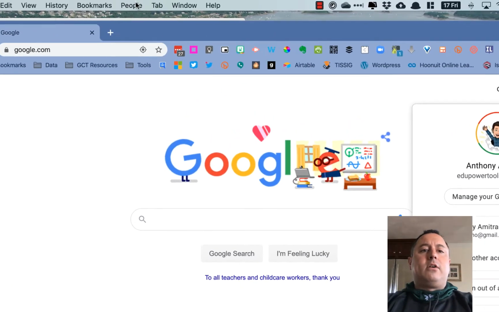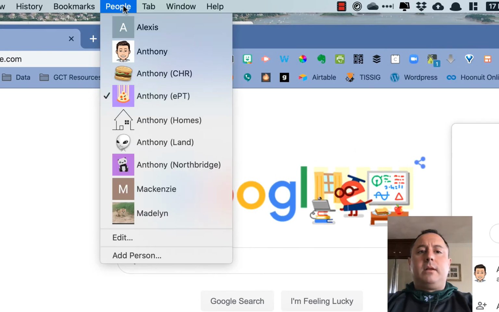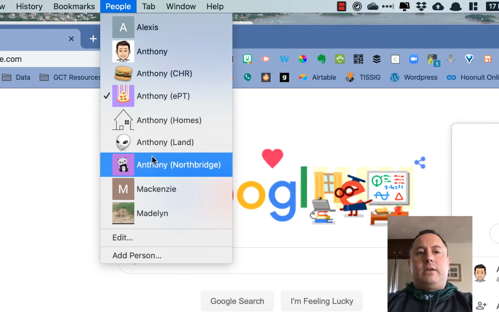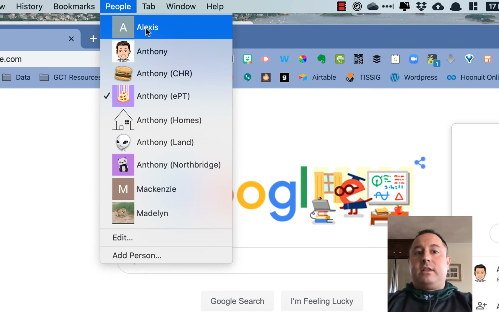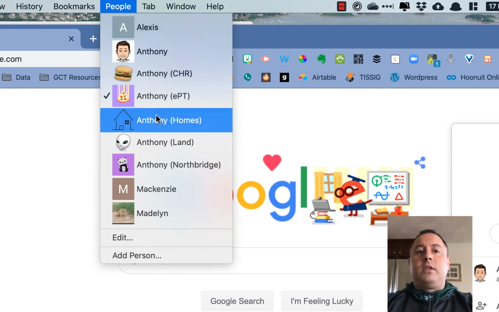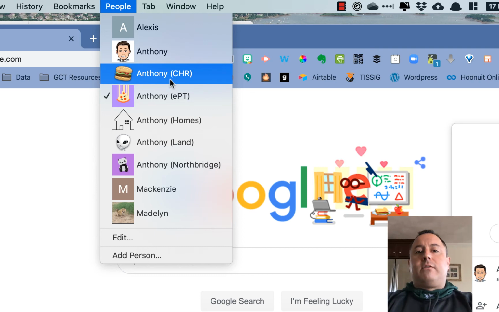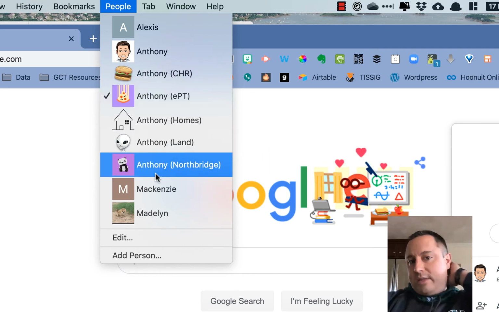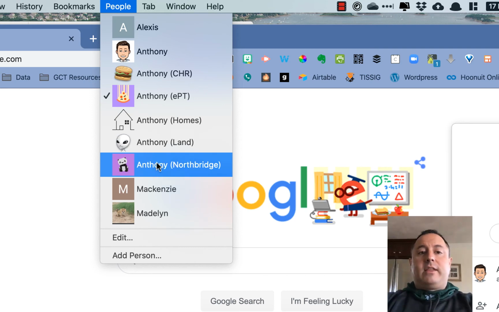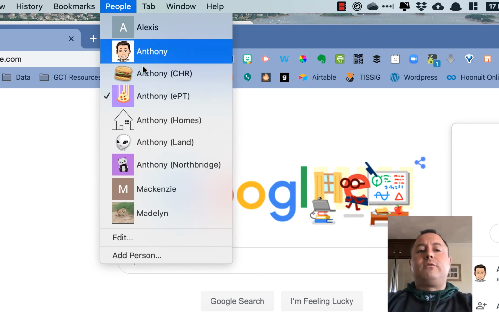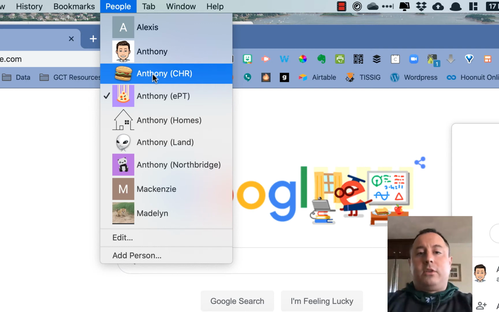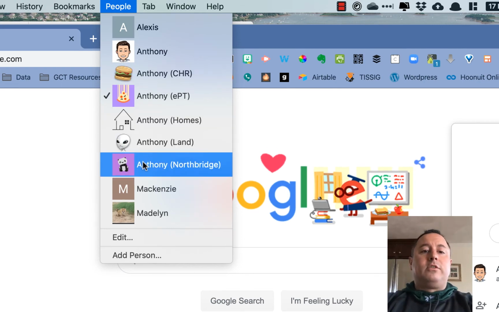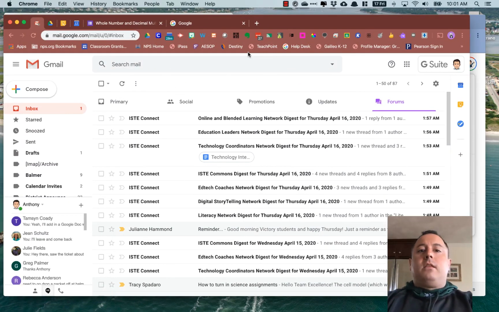On a Mac, I go up to the People menu item, and you see that I've got a bunch of different accounts here. I've got my children, who have their own Google accounts from school. Then I've got my personal account, a real estate account, an EdTech account, another real estate account, my school district account, and other stuff like that. Even though most of them are just me, they separate my logins for each thing. So when I'm in my Northbridge profile,